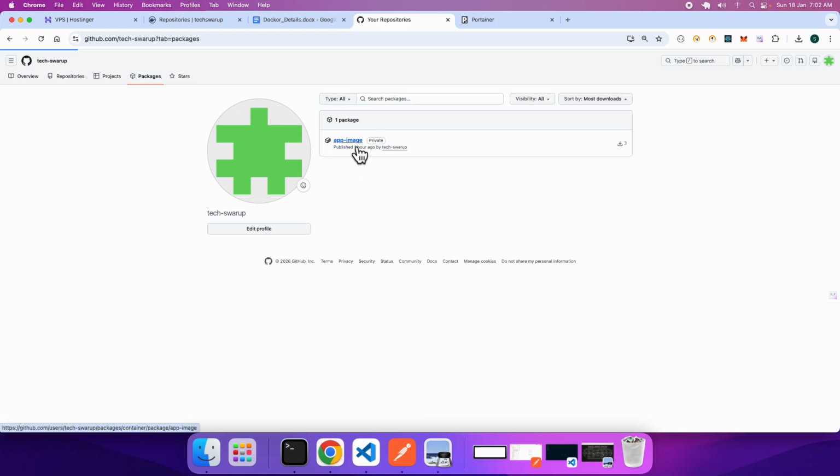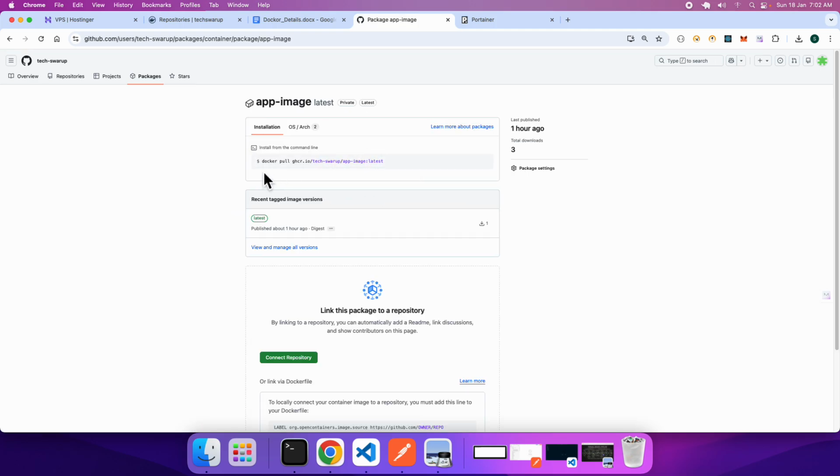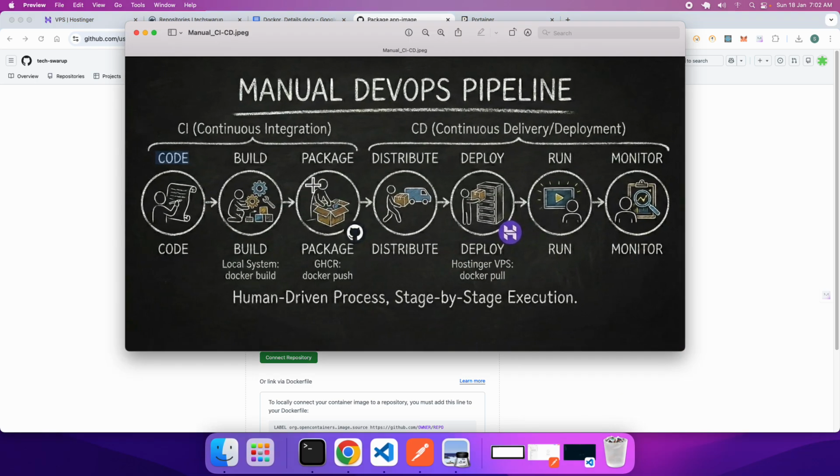If I click on this image, what you will see is a command that is needed to pull it down. What do I mean by pull? Okay, let's get back to the image once again. So my package is done. These three phases will come under continuous integration, which I am doing right now manually with the help of these commands. Okay, so once the package is now present in GitHub Container Registry, well, now you must be